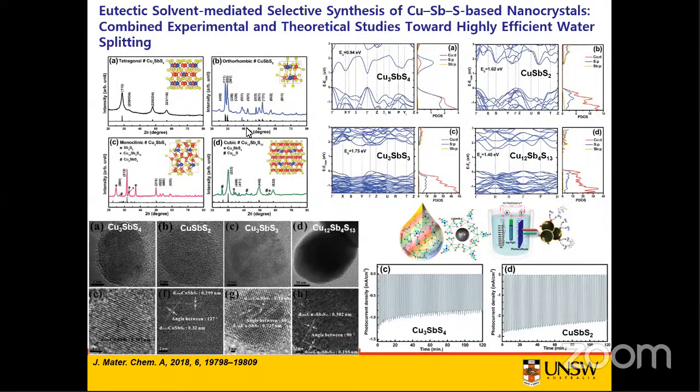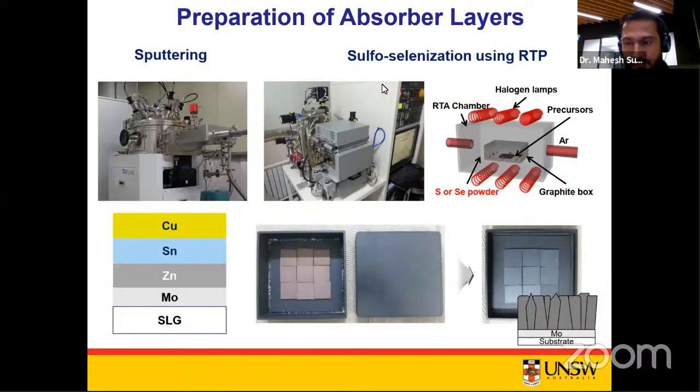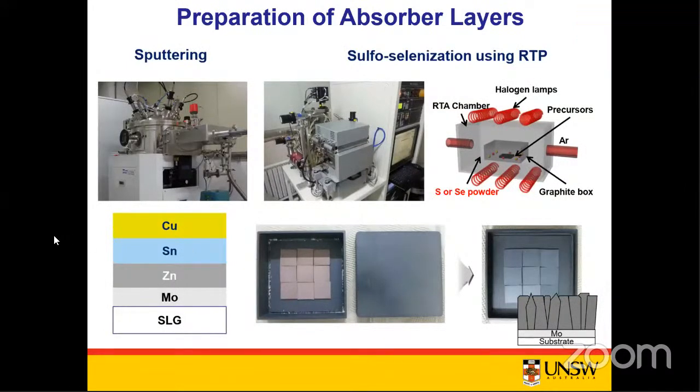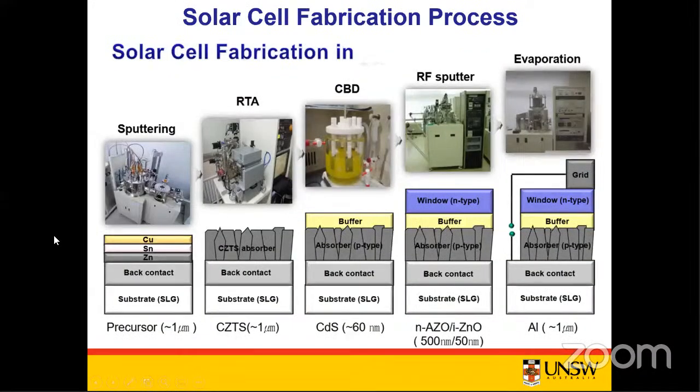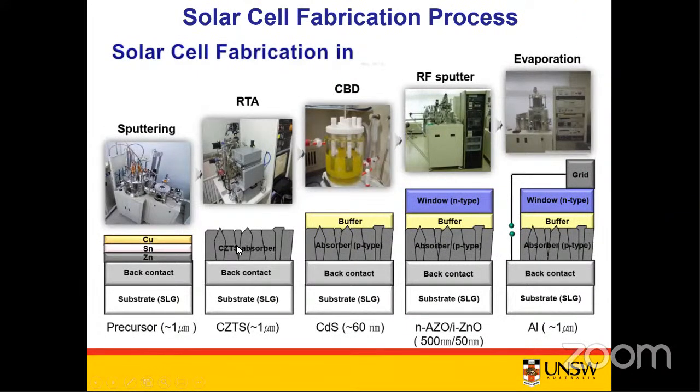Good afternoon, everybody. I had just a very basic question about the first section. In the initial slides, you showed the precursor and then the rapid thermal process. Here you have these layers of copper, tin and zinc, and then in the rapid thermal process, they transform into this polycrystalline. The different layers are one over each other. How do they homogeneously mix and form a polycrystalline? Are there some issues with that?